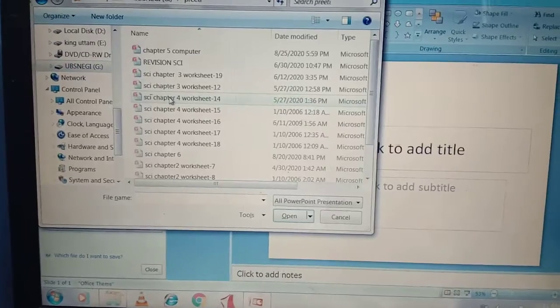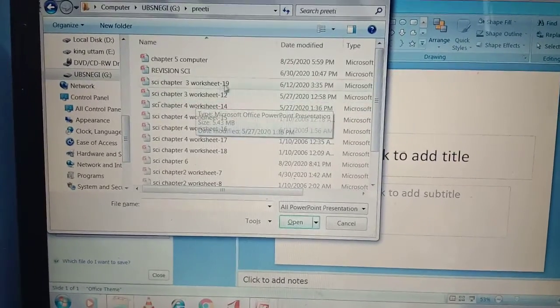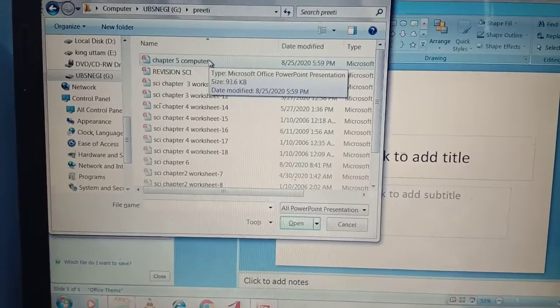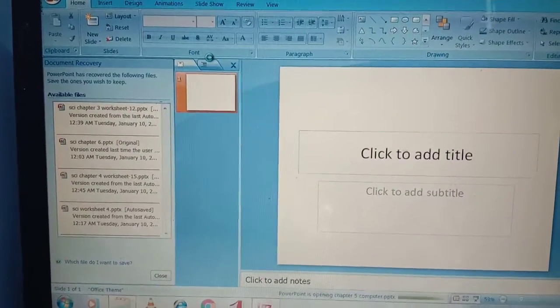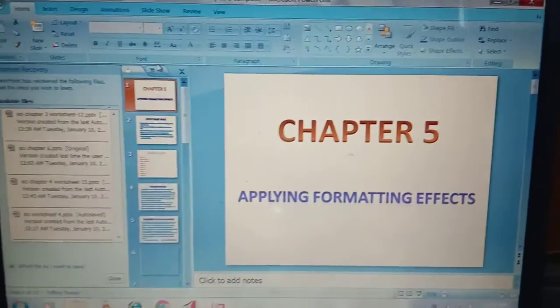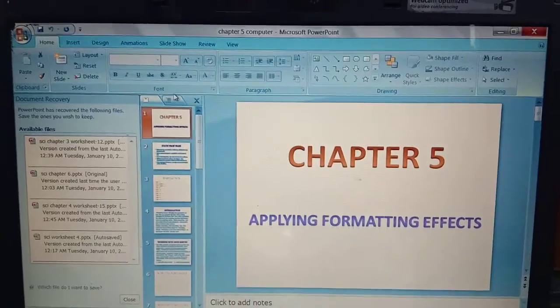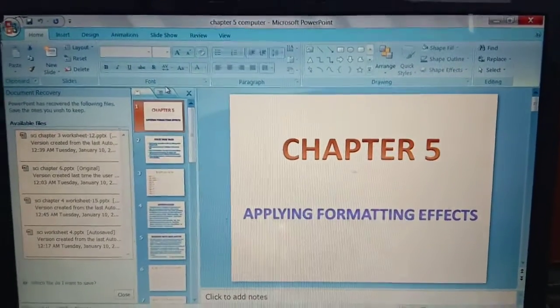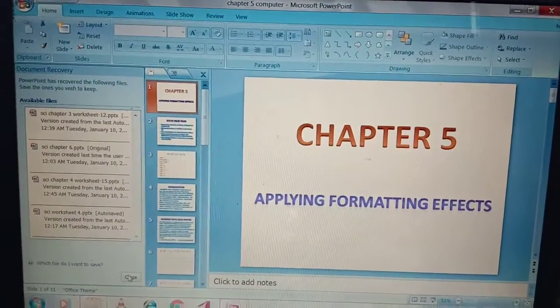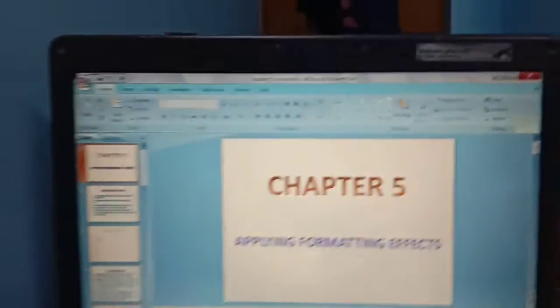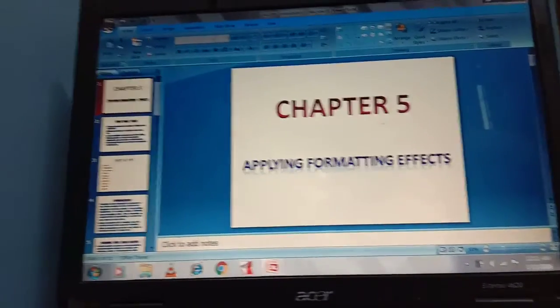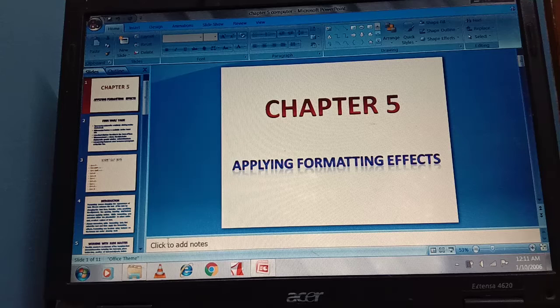Now I will search for my file. This is chapter 5 computer. So now my existing file will open in front of me. Can you see this? This is my original file, or existing file, that I made for you.